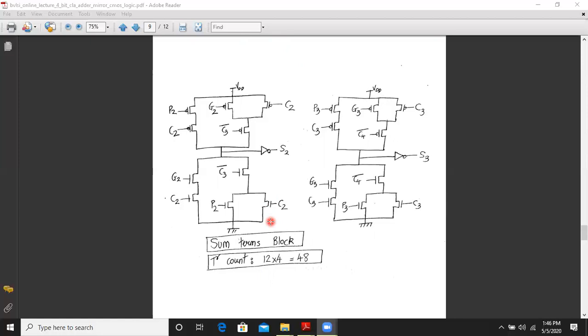So this completes part 1 of the lecture. Part 2 of the lecture will be the LT Spice simulation implementation of the same. So let us begin that after 2 seconds.